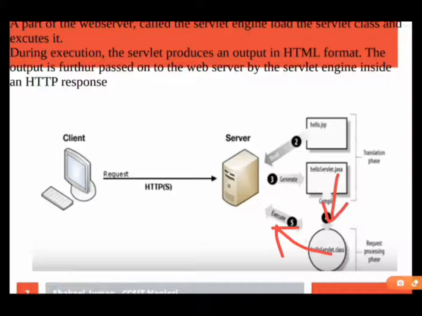During the execution, the servlet produces output in HTML format. That HTML will be sent to the client.